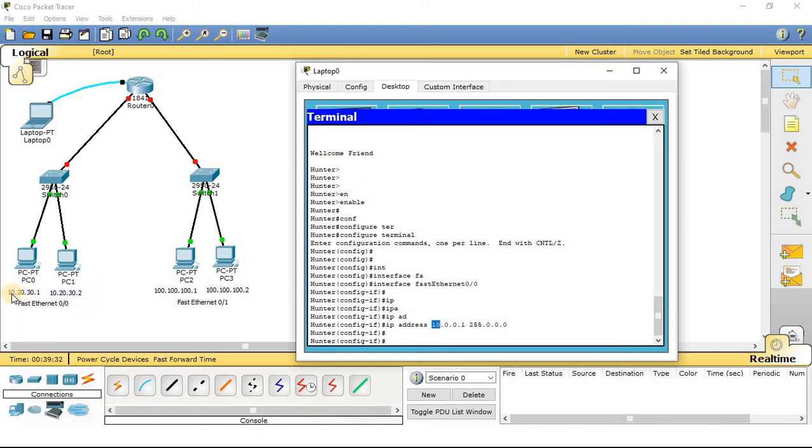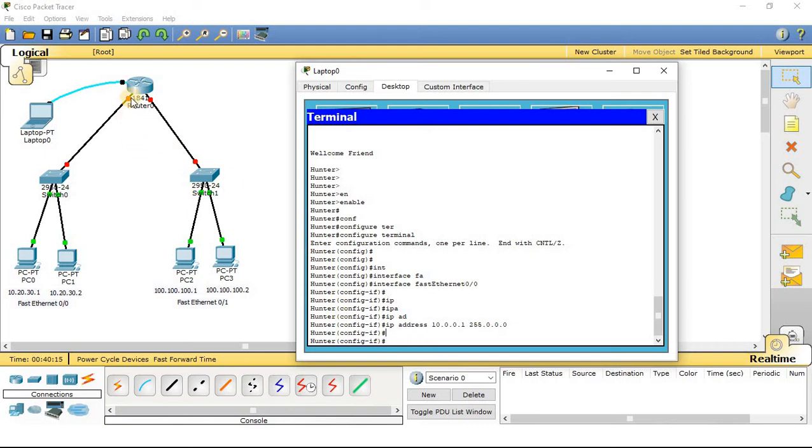So you can watch the networking address of these two computers are also 10. That is why I have also assigned the networking address same for this particular port where these two computers are connected. Okay, so we can see the color of the cable in either end are red because this particular port of this router is shut down. So I have to open up this port.